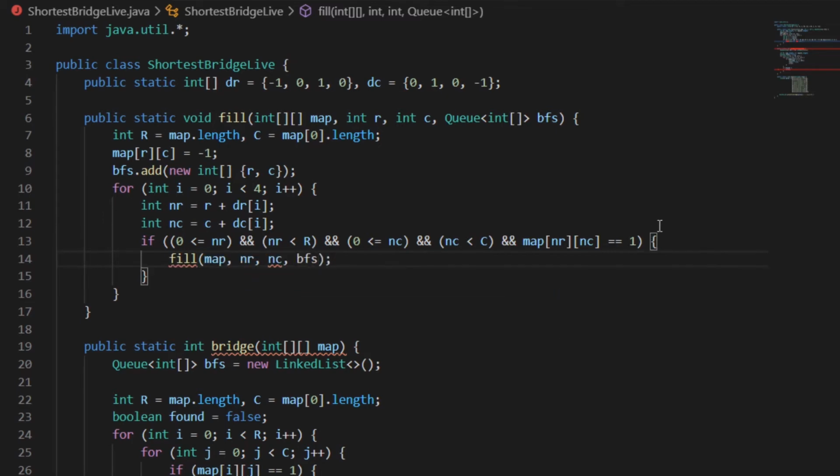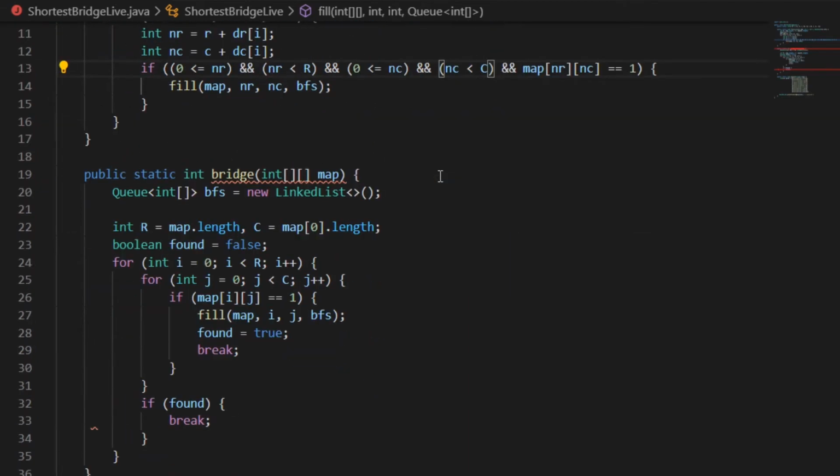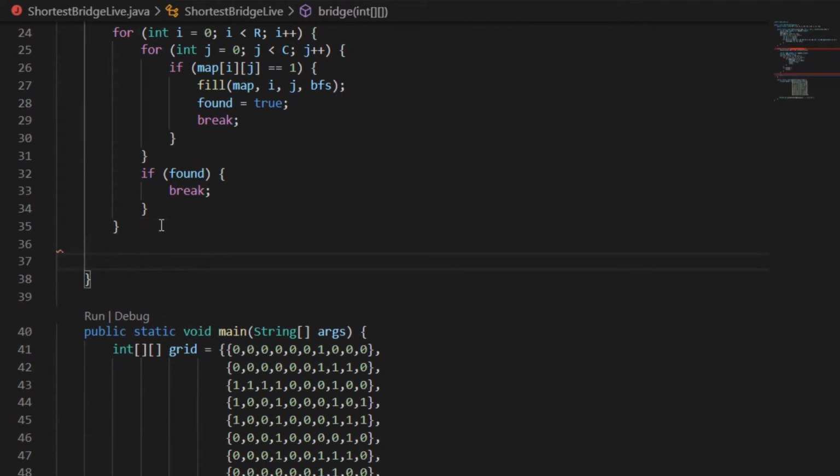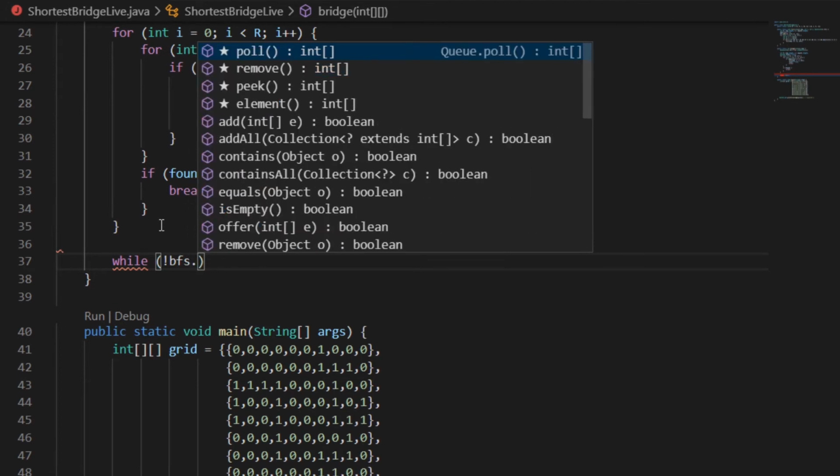BFS. Cool. So again, this is just a simple flood fill. You should remember this from our previous topic 8 lesson. Now, our breadth first search, again, is going to be pretty much the same. However, there's going to be some slight differences from before, so I can't just copy it in. But the overall structure is the same. Breadth first, while the BFS is not empty,